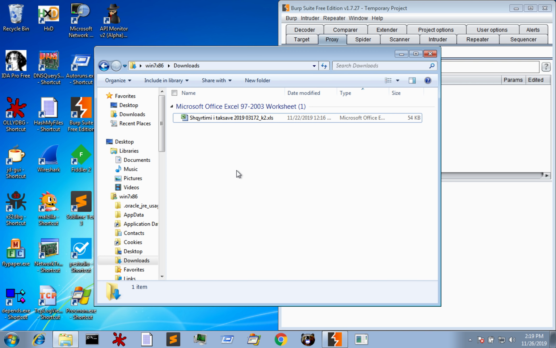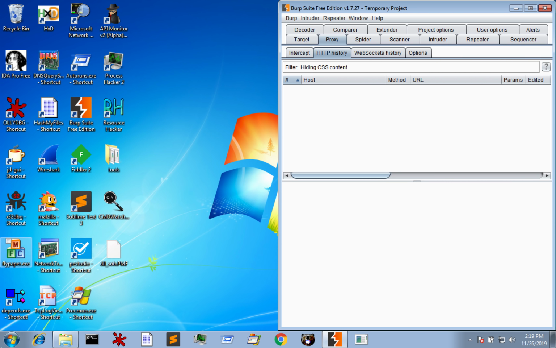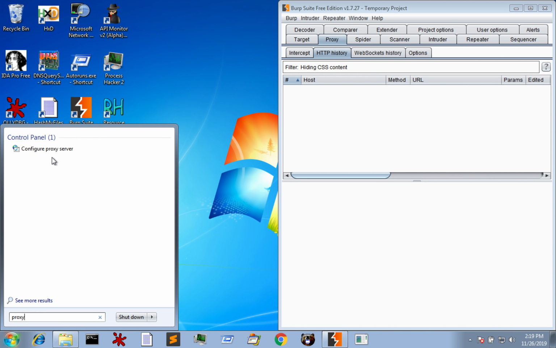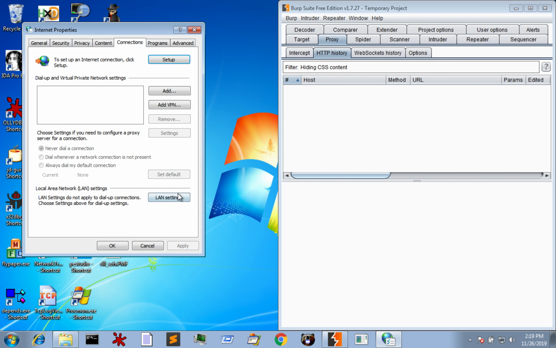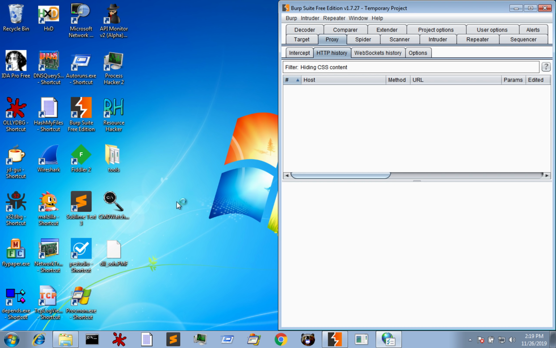So let's just super quickly talk about the environment and how I get things configured, which is usually the same every single time I look at malware. So the first thing is I have my network traffic proxy through Burp Suite. So if you have a look at my proxy settings here in my internet settings, you can see that my network adapter is using a proxy on localhost for port 8080, and if you have a look in my options here,